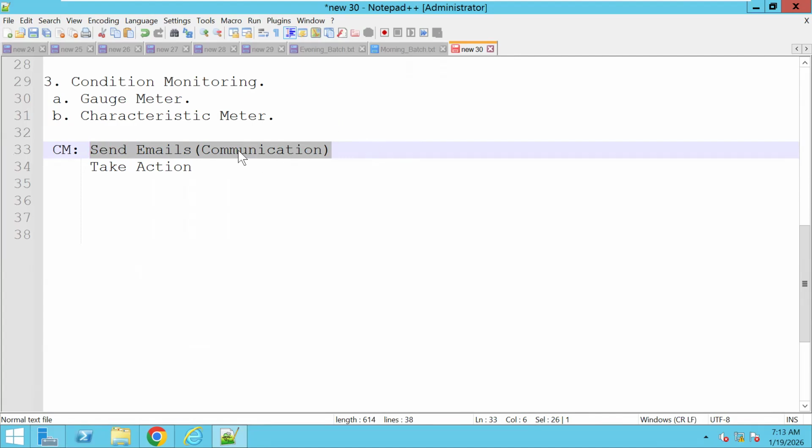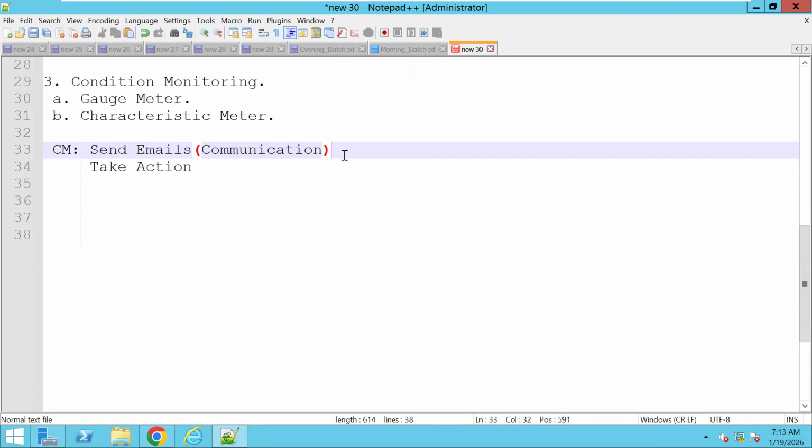So if we get this communication, I mean these emails, then the asset custodian can go to that specific asset and he can check something, if he can do something. Okay. But if he is not able to do something, then he can call someone to check something on that one, okay? And then quickly they will check that one. But if they are doing all the things and still the temperature is going beyond,